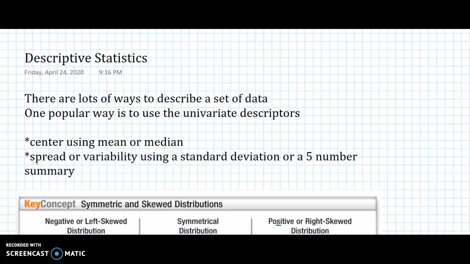There are lots of ways to describe data, and today we're just going to really focus on different ways that we can have data look and be represented, and how we can describe it. So one way to describe it is by using univariate descriptors. And a univariate descriptor is just a fancy way of saying data that's talking about one topic or one specific